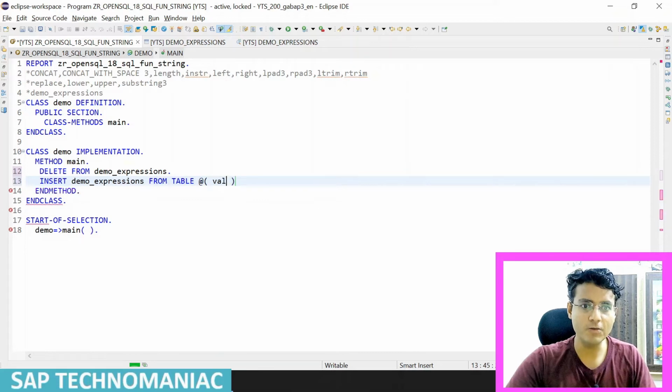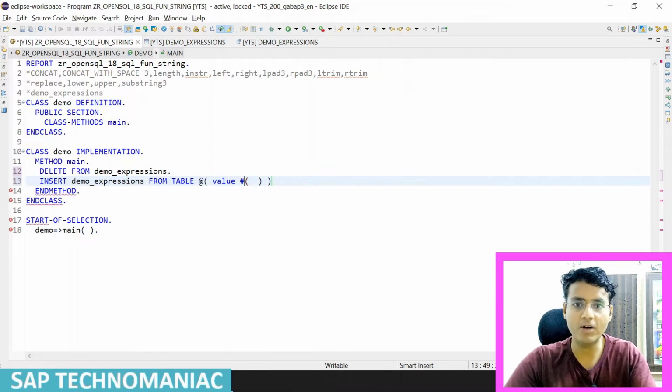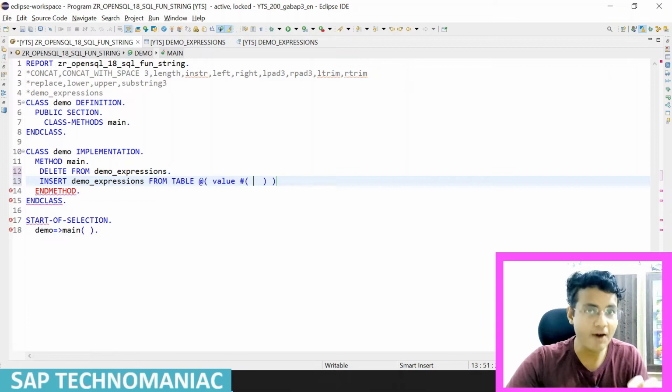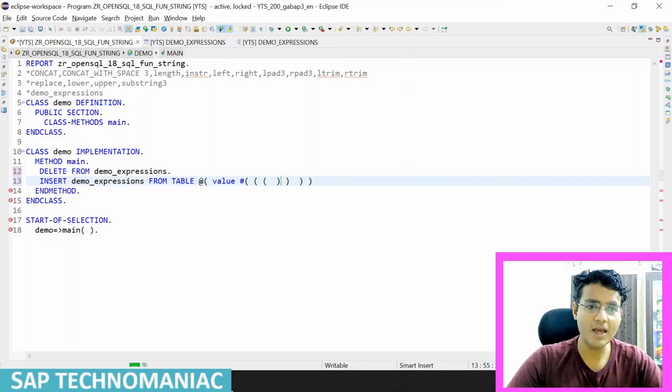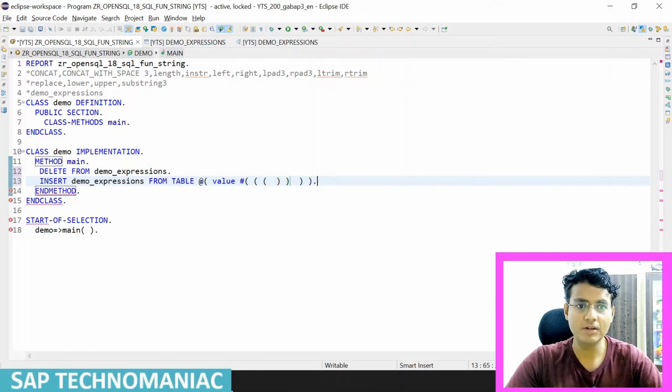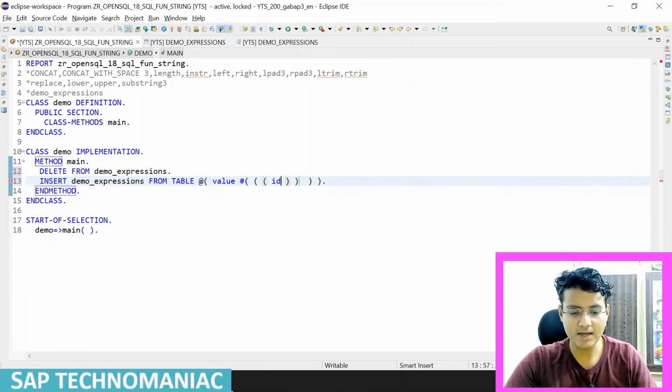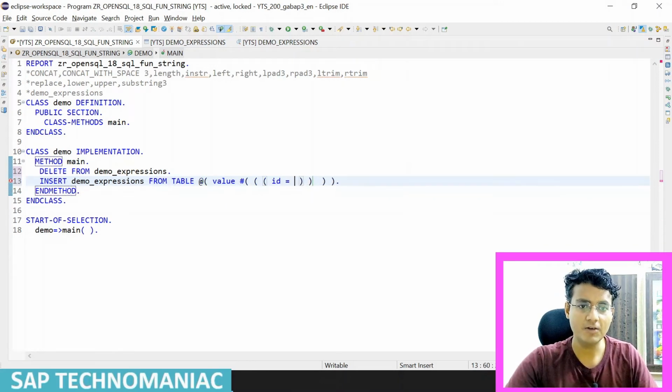So I will use the value operator. Whatever the type of this table is, I have to pass the same type, and I have to pass some values in the table. So the table will be like this, and it will have these three fields. First I will pass the ID field equal to 1,